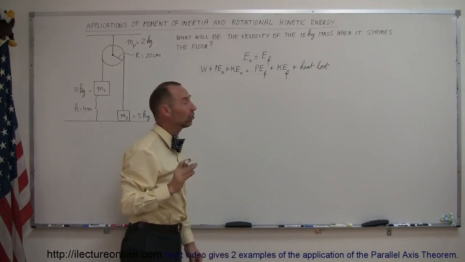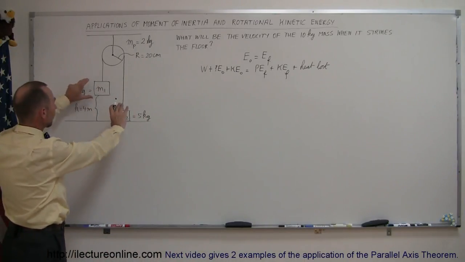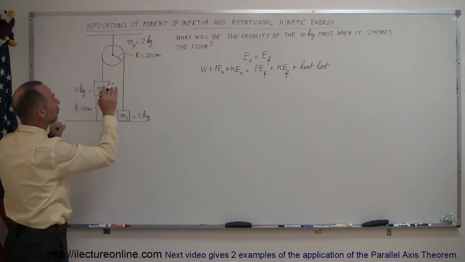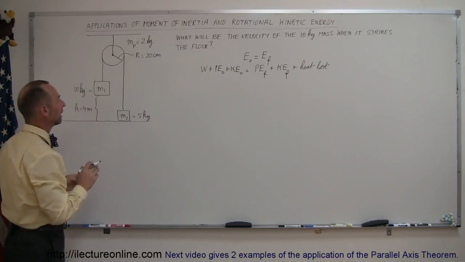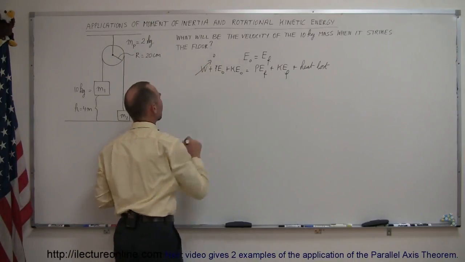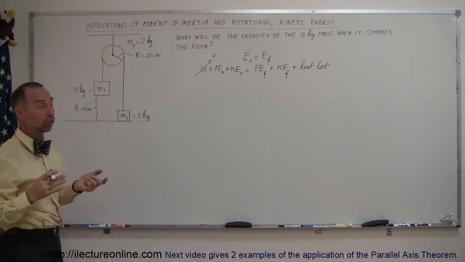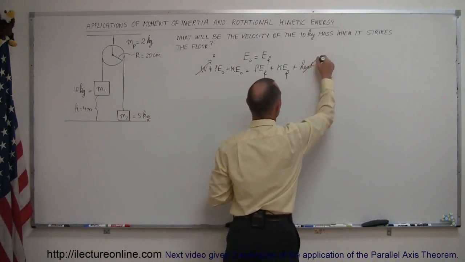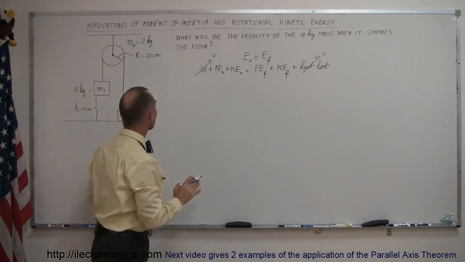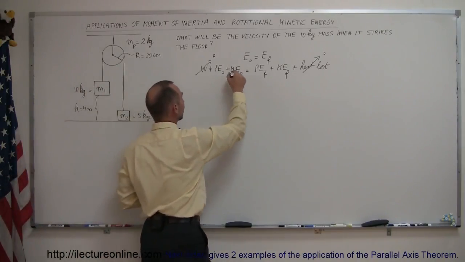Now, which of these are zero? Well, let's say we set up the system, we hold it in place, and then we let go the moment time equals zero. That means there's no work input to the system, and we can set that equal to zero. Also, no mention of friction was made, so we can assume that there's no heat loss due to friction. And since everything starts from rest, the system will have no kinetic energy at the very beginning,